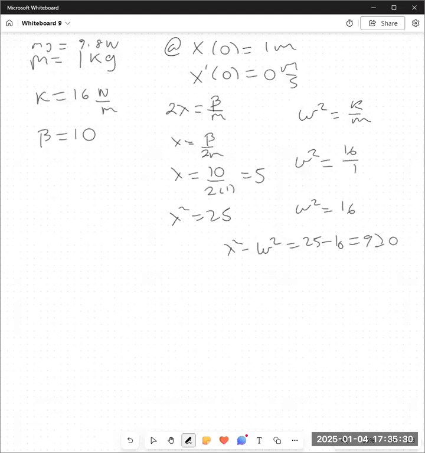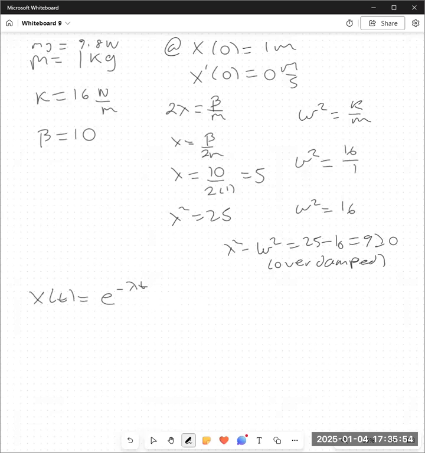So we are overdamped. And we have x of t is e to the negative lambda t times c1 e to the,